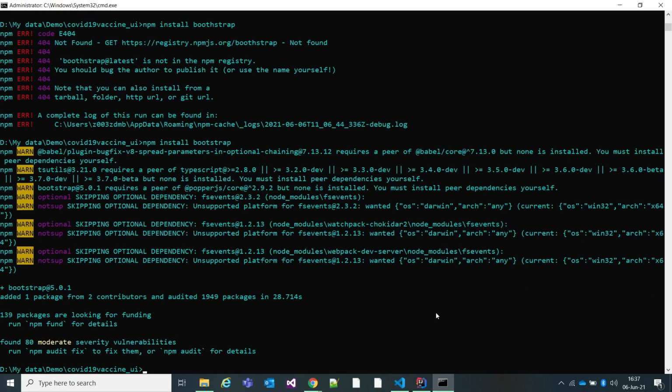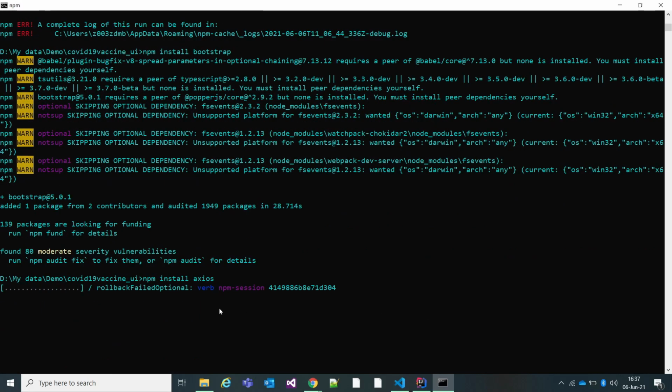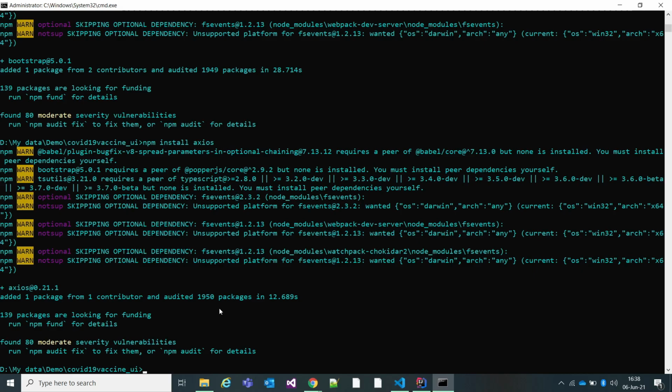Bootstrap is installed, and I need to install Axios. And also need to install React Router DOM.